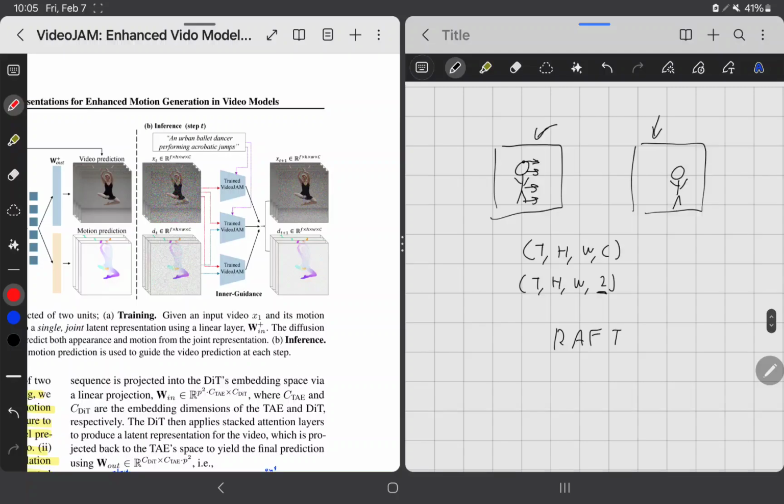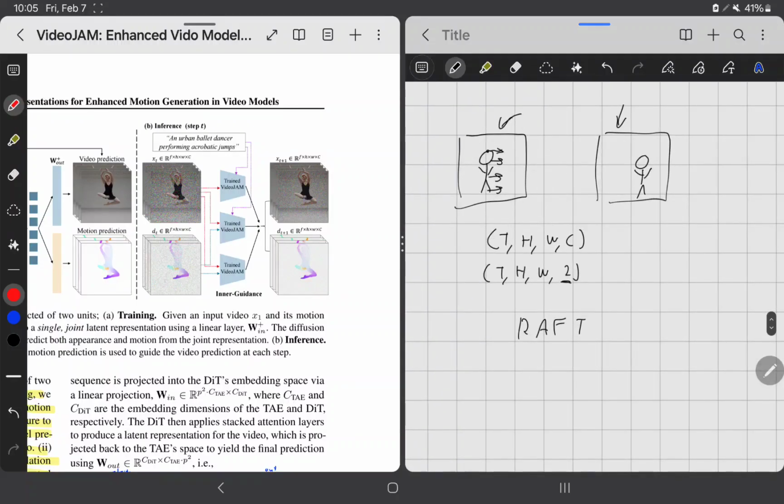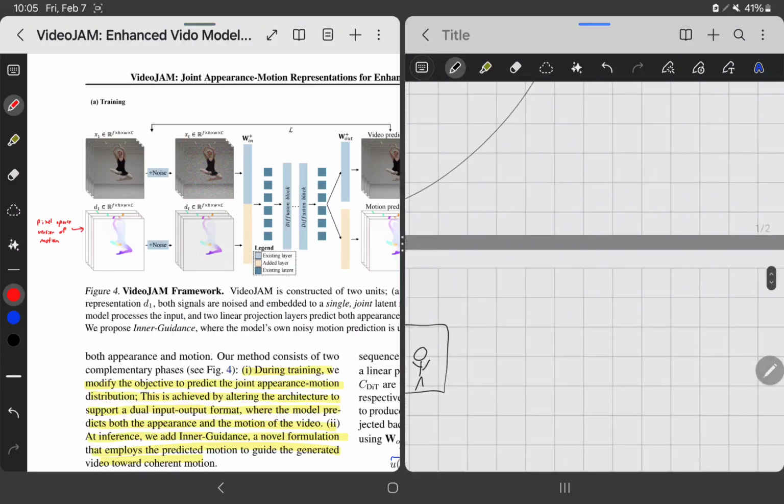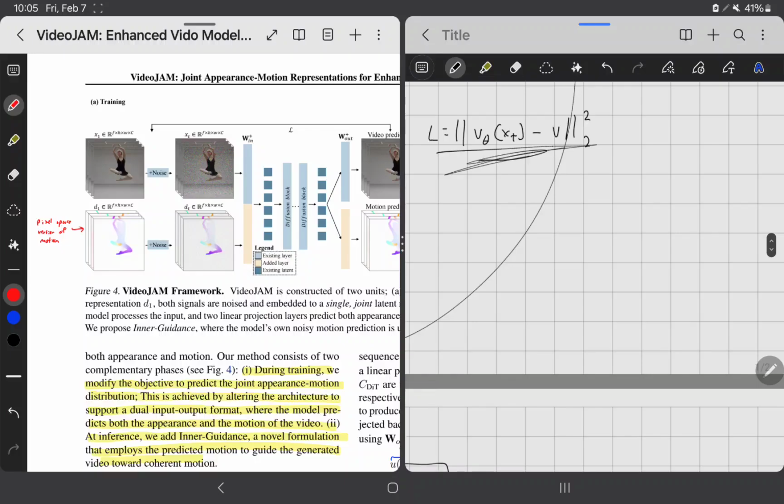But you also want the model to reconstruct the motion, and that is to inherently build this motion into the model. So the way they do that is by concatenating the two representations. So you have your image here and you have your motion. You concatenate these two and you're going to feed it through the model, and the model is going to have two objectives. One objective is the reconstruction of the image, which is the normal velocity prediction here. And the second objective is going to be the exact same objective, except replace xt, so our image or our